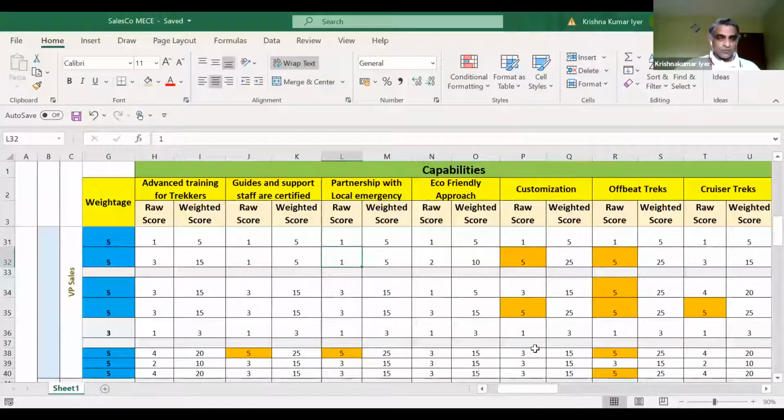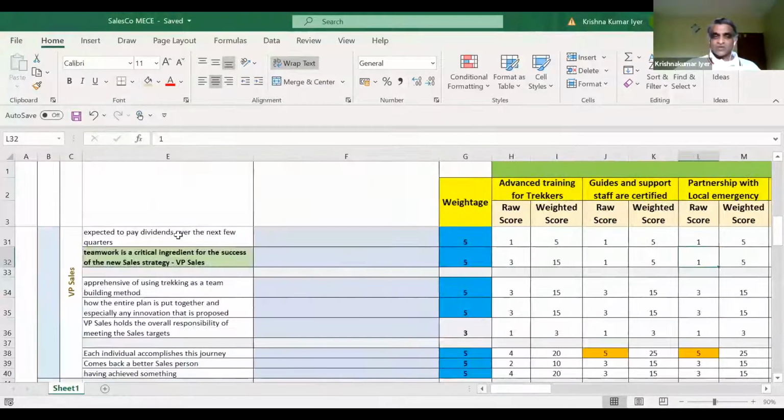Against that issue of teamwork being critical for the client, partnership with local emergency providers doesn't offer anything unique, and therefore we are scoring a 1.